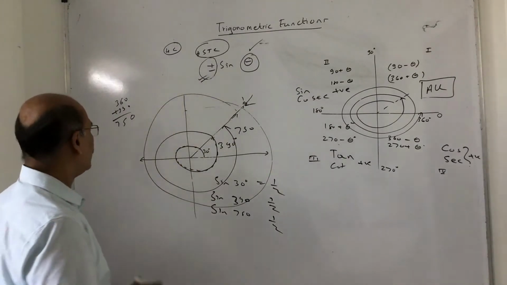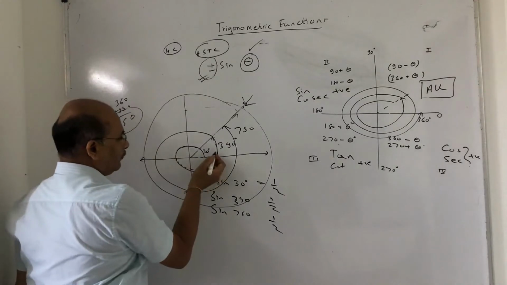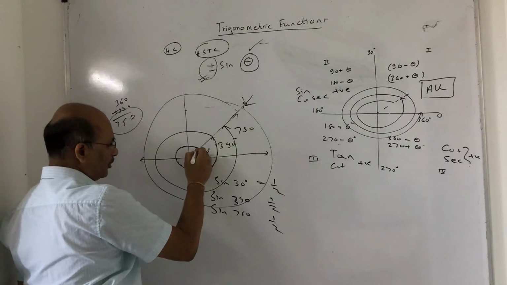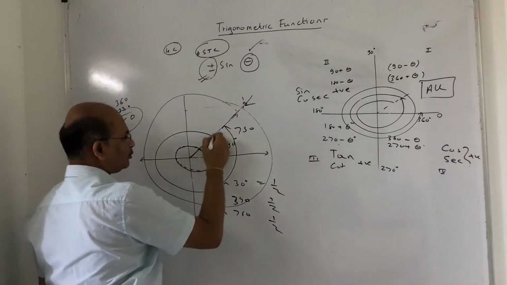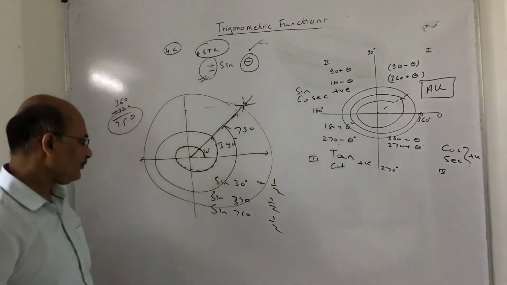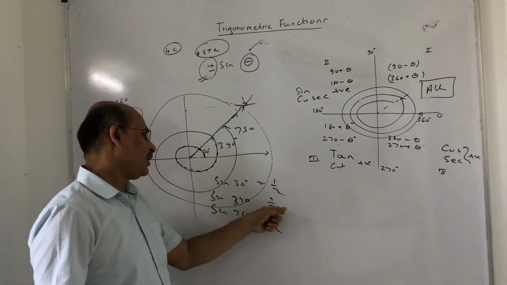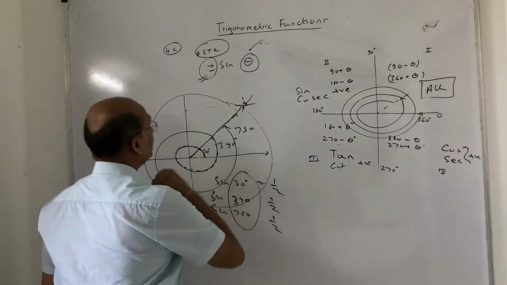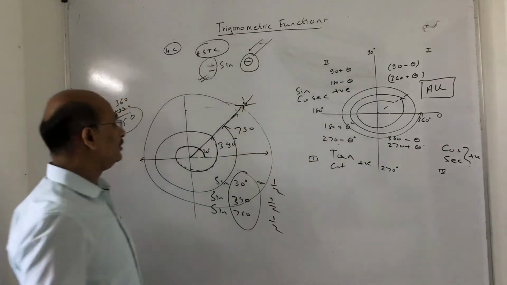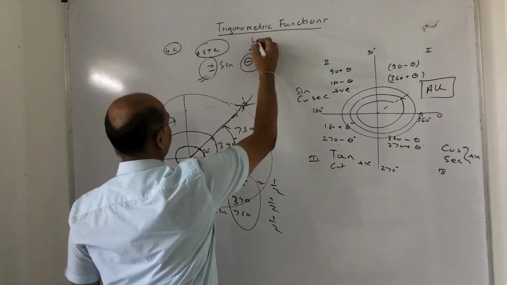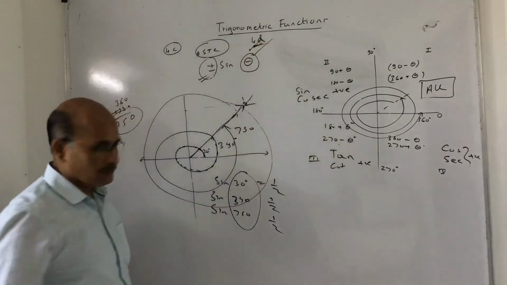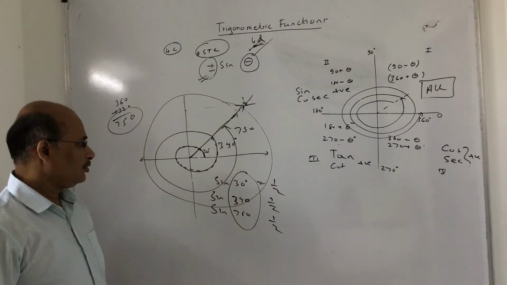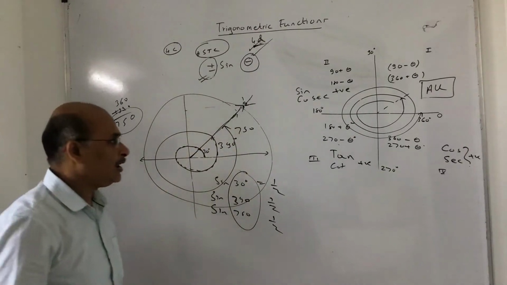What I'm trying to say is, in one rotation it comes back to its original position, so the value of the trigonometric ratio with respect to its position remains the same. So sine 30 is also half, sine 390 is also half, sine 750 is also half. This is related to the study in 4C, 4D. We are not doing that now, but if time permits, we will complete that part also. It's just an introduction. For now, this is just for you to remember what is important.